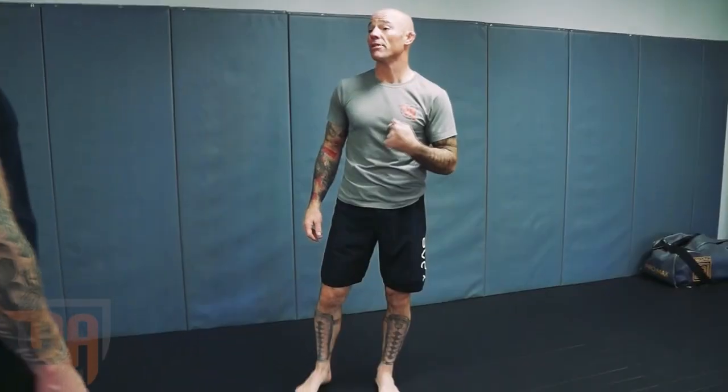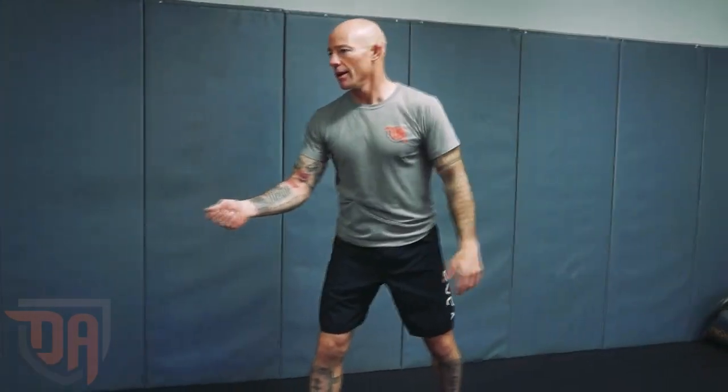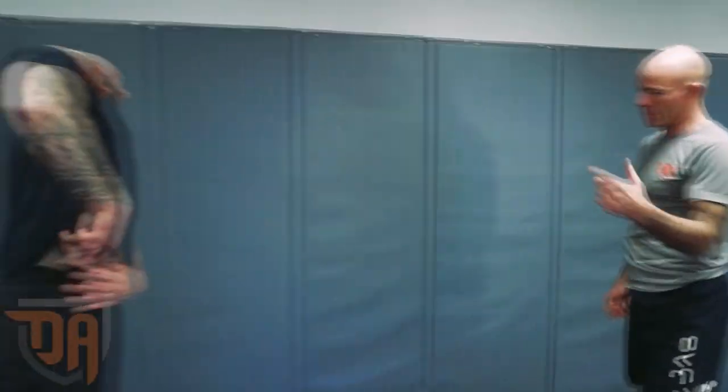Don't want to let him know that we've got a blade yet, because if we do our job well, we can actually use his blade on him. Even though we have it, I'm not necessarily going to think about drawing my blade. I don't want to get into a blade on blade and expose what I have. So if you draw the blade, the next piece, the last piece that we'll cover for today,